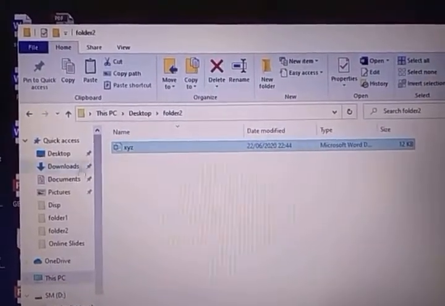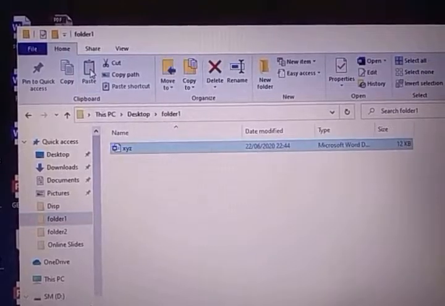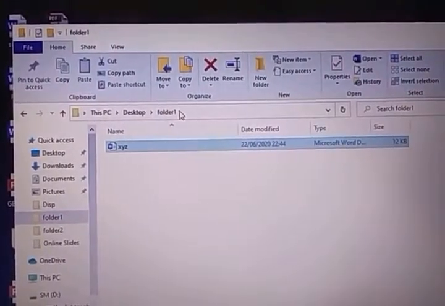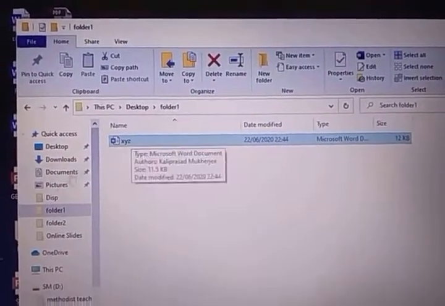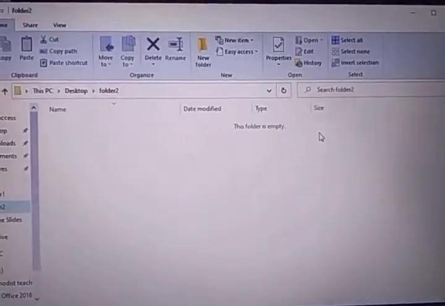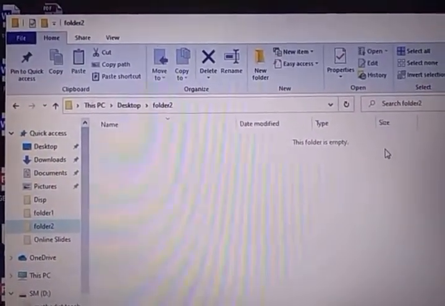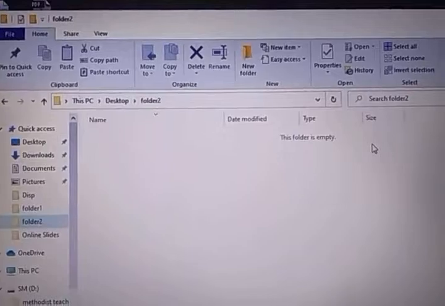Click on that one. Open folder 1. Click on the paste option. Now see, inside folder 1 we can see the file. And if we open folder 2, now it is empty. So we have 4 ways by which we can move the file from one folder to another.